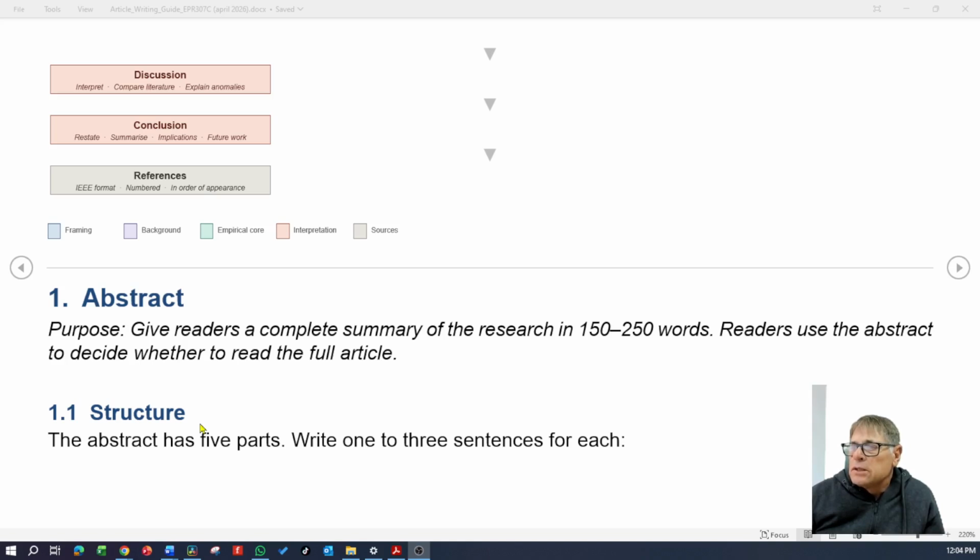Then your next section is your conclusion. Very important. Remember, many reviewers only read, or at first they only read, your abstract and then your conclusion to see what your study is about. So your conclusion is extremely important. There you will restate the aim of your project. Make sure that this aim is exactly the same as the aim that you've got right through your article, otherwise it does not make sense.